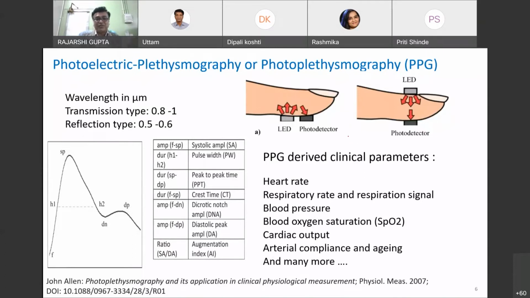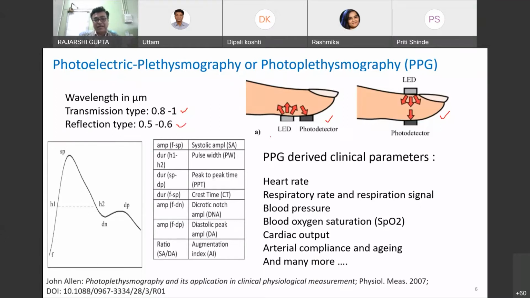There are two modes: one is called reflection mode and another is called transmission mode. There is one LED and a matched photodetector. In the transmission type, this is the wavelength that is used, and in the reflection type, this is the wavelength